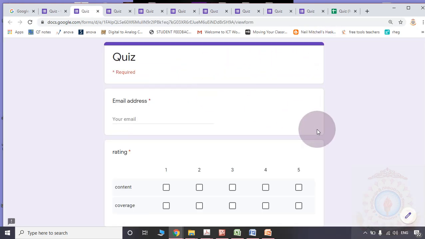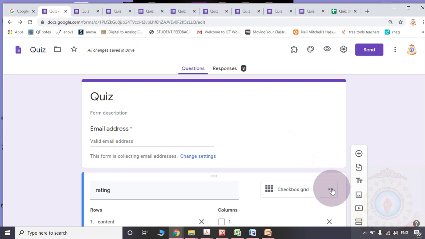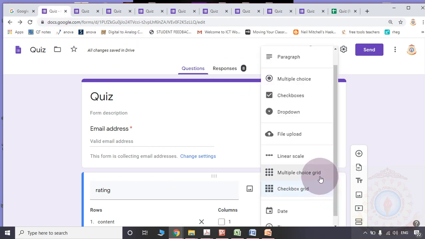once again we will go to the preview. Please observe here the same question. Here what is happening? The participant may be selecting more than one sub answer. So generally, similar to multiple choice, if they are supposed to give only one particular answer, then for the question we are supposed to choose multiple choice grid. If they are supposed to select more than one option, then you are supposed to choose checkbox grid.